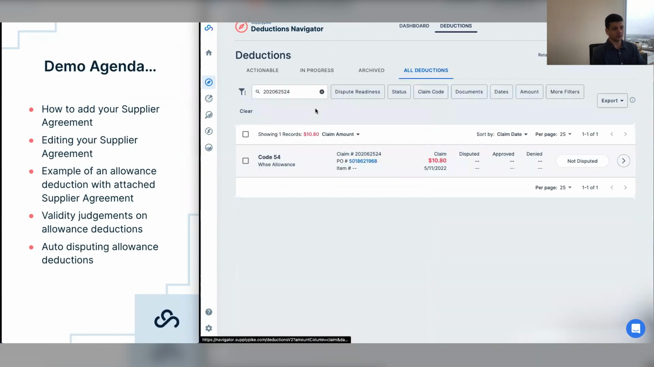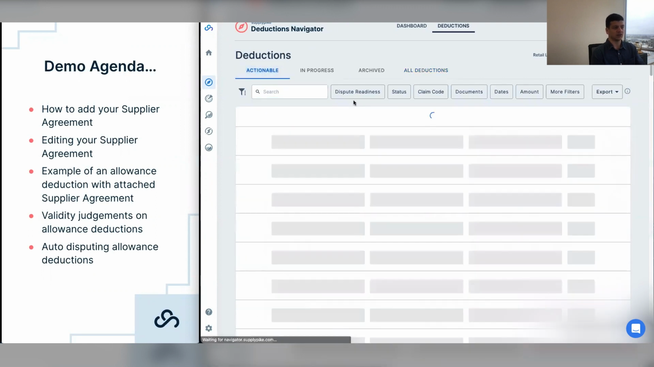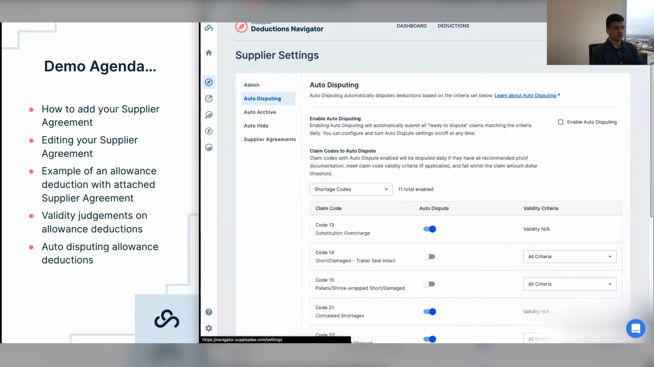And so not only are we able to show all your AP deductions that you received, but we're also able to give some insight on, hey, take a look at these specific ones, because we show that these have a high chance of being invalid. So with that, let's move over to auto dispute, because this is something we built out